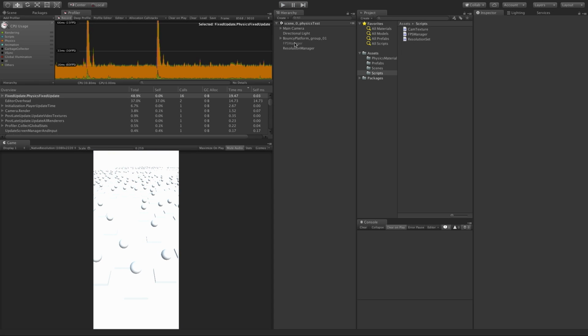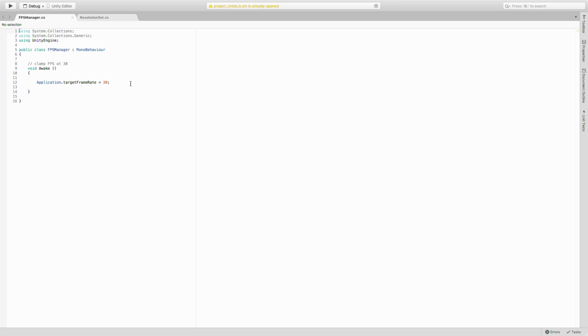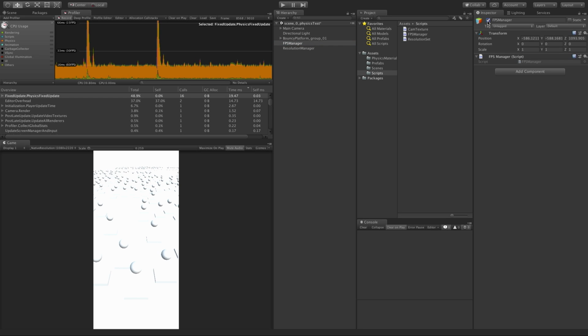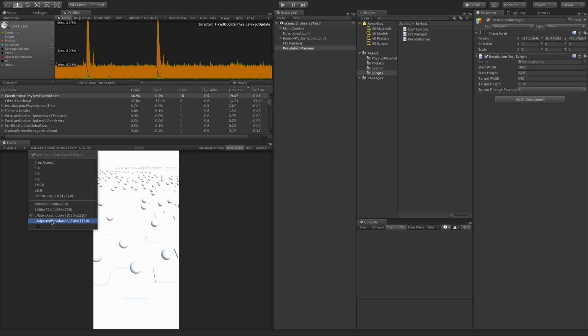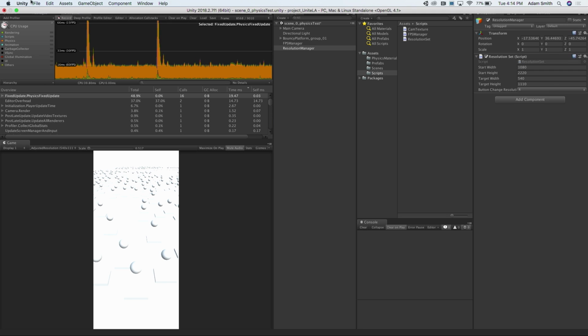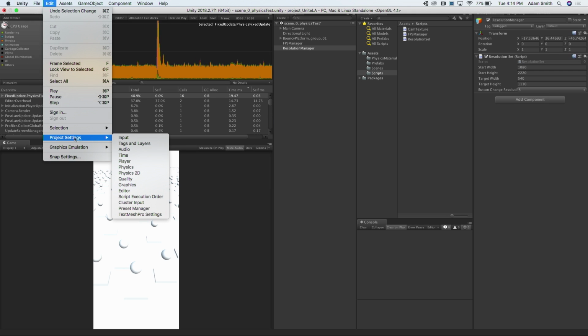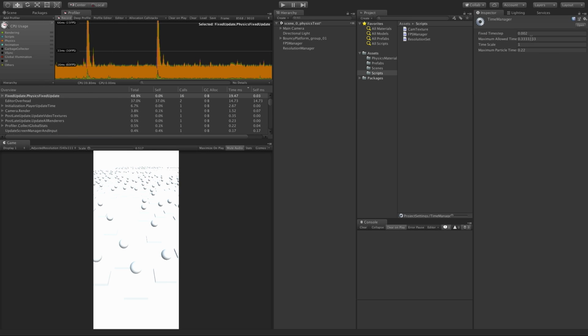All right, so we have our frames per second manager. This is a game object I created that has a super simple script on it. It's as simple as this. I'm doing that to clamp my frame rate at 30, so I'll no longer be running at 60, I'm going to be running at 30. Just as simple as that, one line of code. So I'm going to enable that game object, so that now happens. My resolution manager: if I were compiling this, I would do this from code, but within the editor, I'm just going to adjust it here. And then the big thing, we're going to go to Edit, Project Settings, Time, going to back this out, 0.0334,